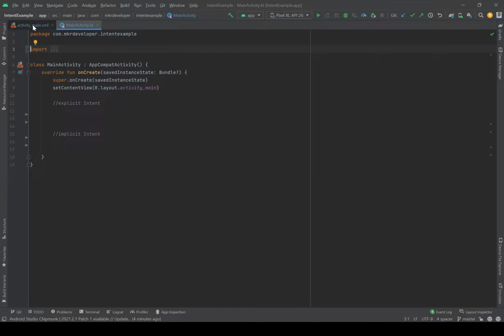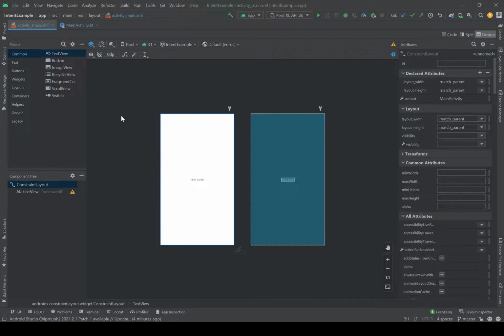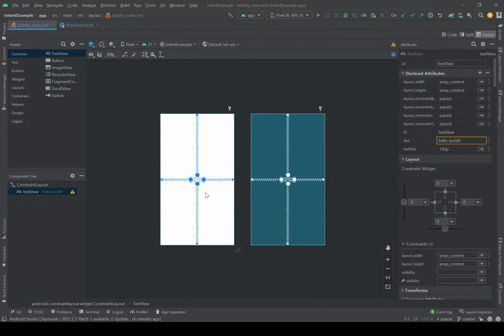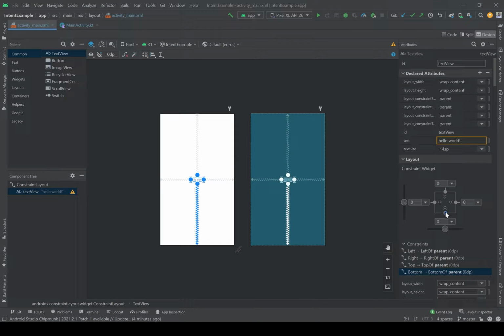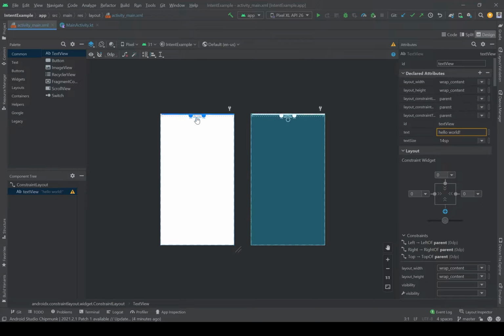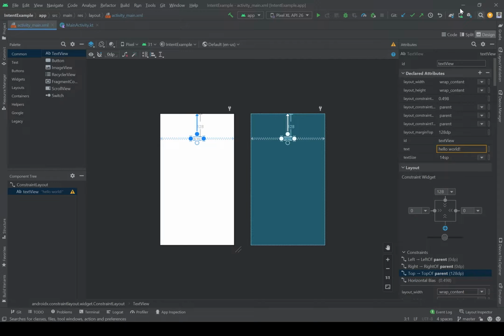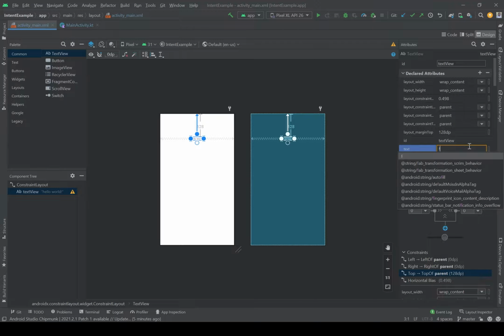For this, let's go to activity_main. I will use this text view. If you don't know how to use the text view, you can click on this link and see the video about the text view. I will change the text of the text view to first activity, and the text size of the text view to 34 sp,